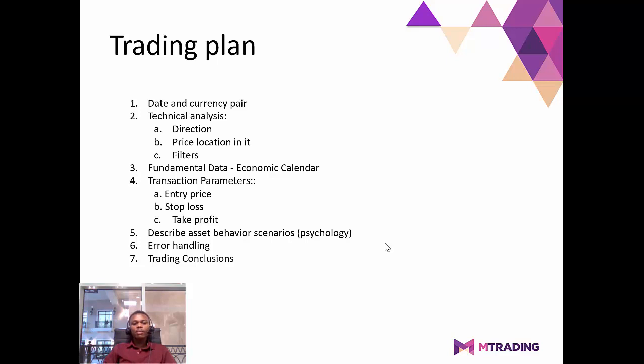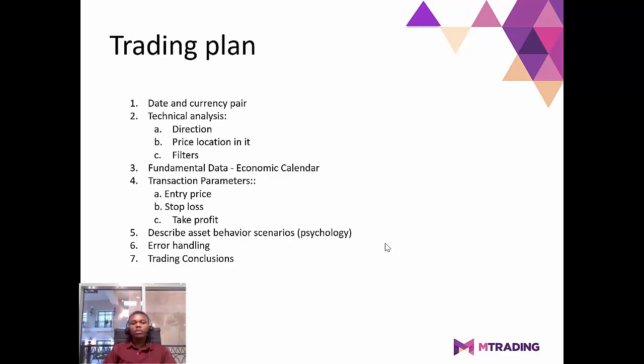Then point number six comes after you have traded already. This is how you know maybe you made a mistake, there is an error, and you need to write them down because now they are going to help you in the future. That's why I kept talking about recording. These are tools which will help you in decision making for the future.